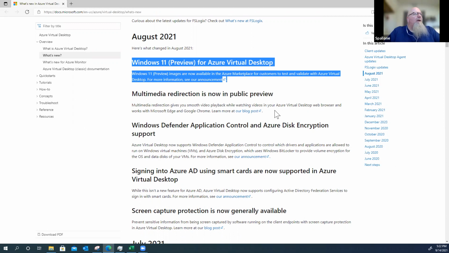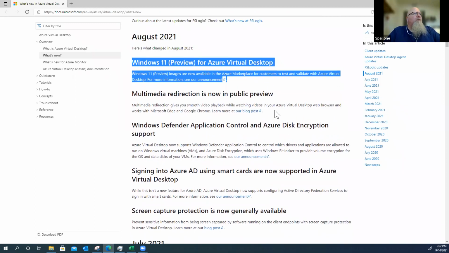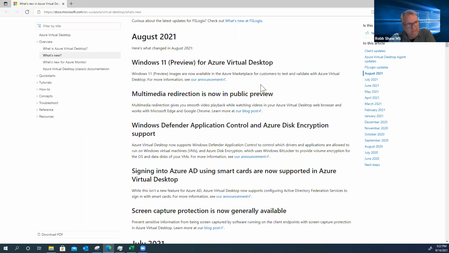Mm-hmm. And one thing I did note, too, that was pointed out, is that this is preview. Now, correct me if I'm wrong, Rob, it looks like it's for enterprise and education only at this time. I believe that is correct. Yeah. It's interesting. It still shows up as Windows 10 when I create a host pool.